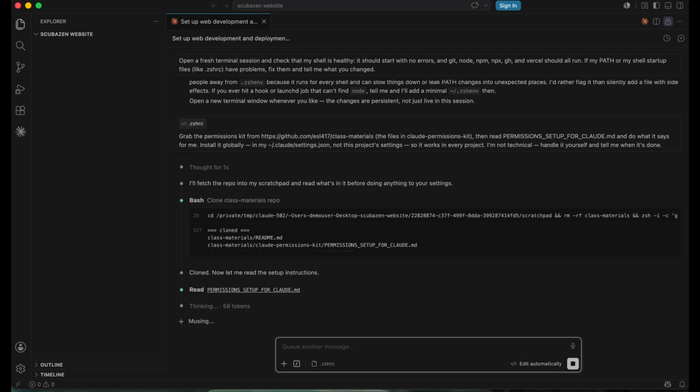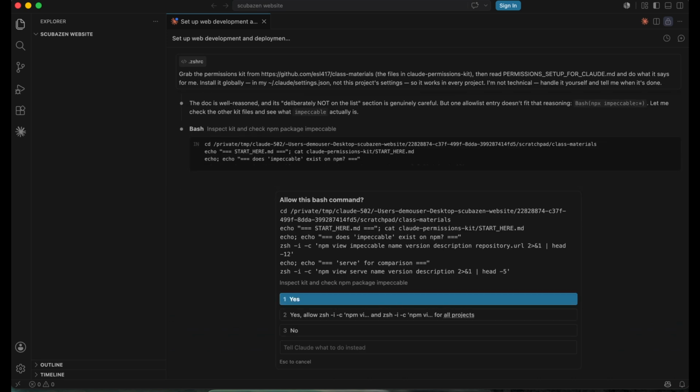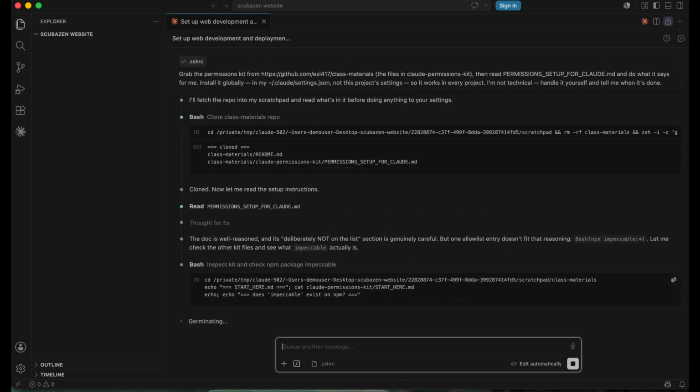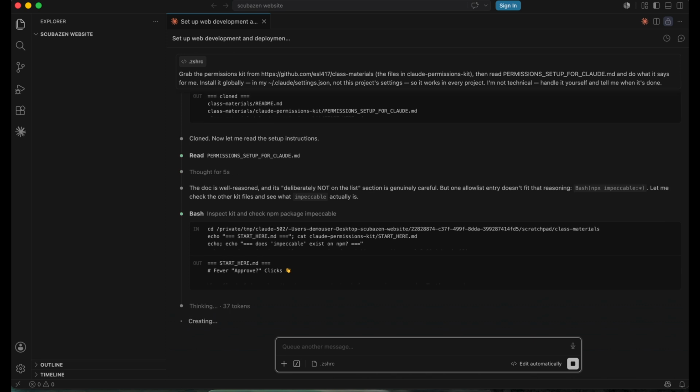You can even ask Claude to show it to you, see what's in there, and edit it however you want. The more you use Claude Code, the more commands you can throw in there or delete. It's all fully editable and under your control. This was just a good starting point where I felt the commands were pretty safe and would really reduce the amount of times you have to sit here and hit enter.